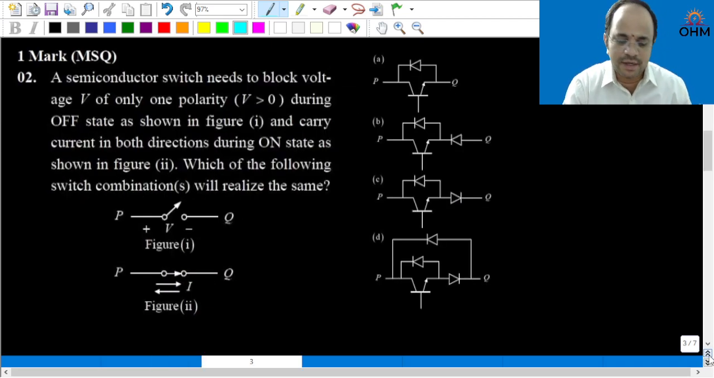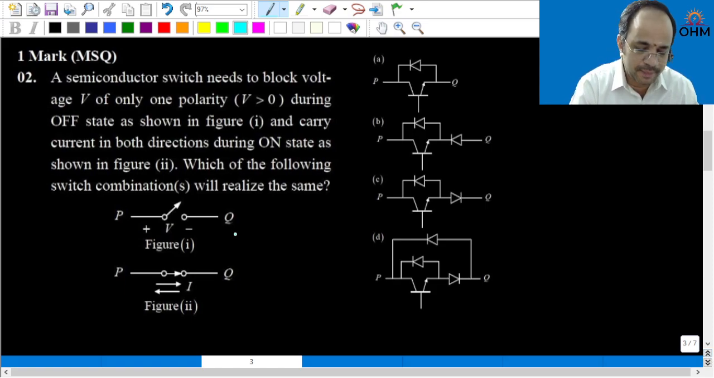So this is also another simple problem, 1 mark question, but this is for MSQ. MSQ means there can be more than one answer, or one or more than one answer, but not all the answers. So a semiconductor switch needs to block voltage V of only one polarity. That means you need to identify unipolar switch from the given options during turn off state as shown in figure 1, and carry current in both the directions during on state as shown in figure 2. That means based on this figure 1 and 2, you need to identify unipolar